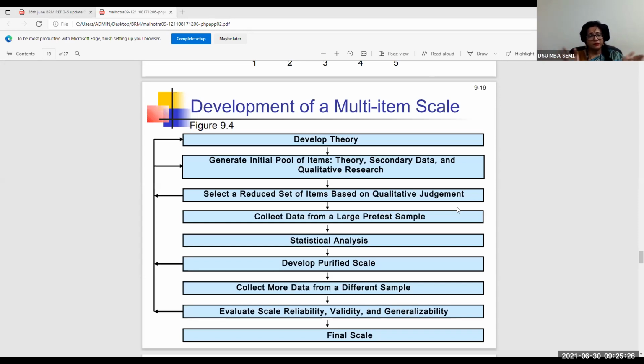Whatever research you carry out in terms of data collection from a set of respondents in a sample, the sample must be chosen, as we said in the sampling class, in such a way that the sample characteristics reflect the characteristics of the population. So it is something which will be representative of the population. The ideal way to collect such a sample would be in a probabilistic manner, probabilistic sampling.